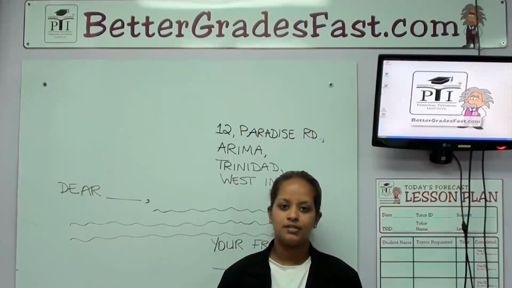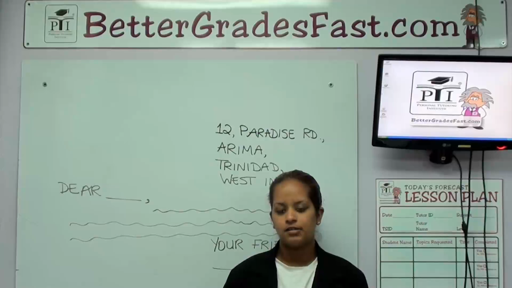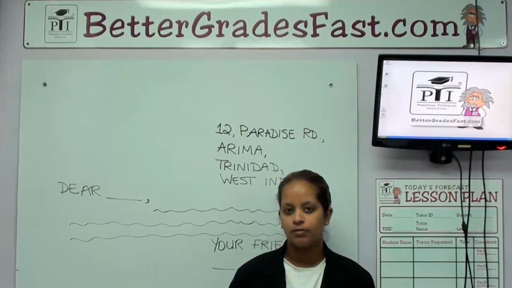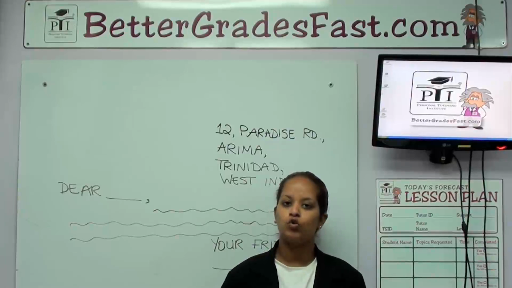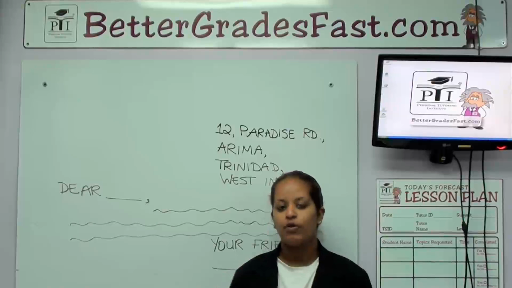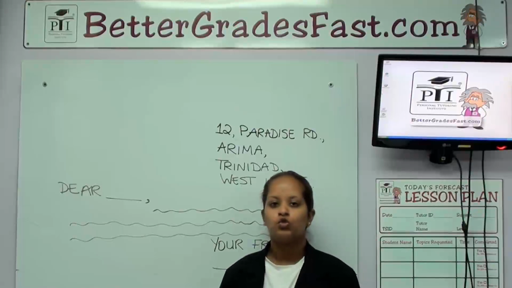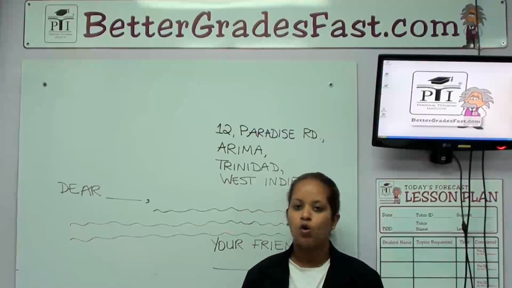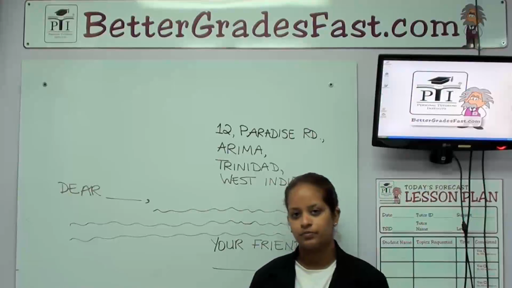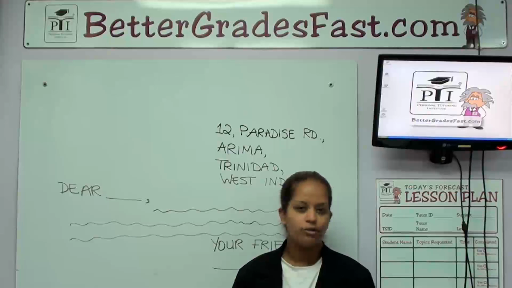This creative writing session will be on friendly letters. Friendly letters are those that are informal. This means that those are the letters that you will write to people who you know personally, who are usually around your same age. For example, you may write a friendly letter to your classmate, to a friend from your neighborhood. You may write a friendly letter to a cousin, or to a sister or brother. Friendly letters are never to those who are older than you or those in authority.